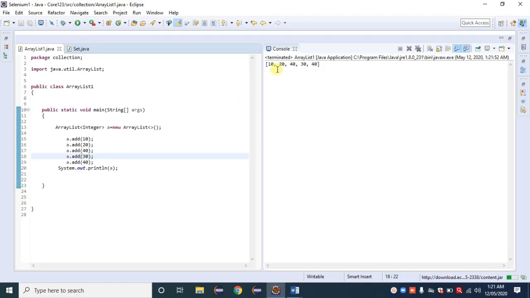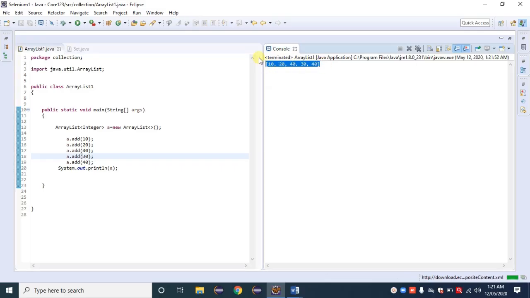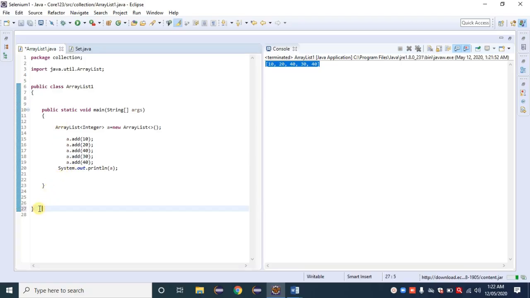So 10, 20, 40, 30 and 40. This is the result we get by using a list. I am commenting it with Ctrl+/. Just keep in mind, this is the result we get by using an array list or a linked list.